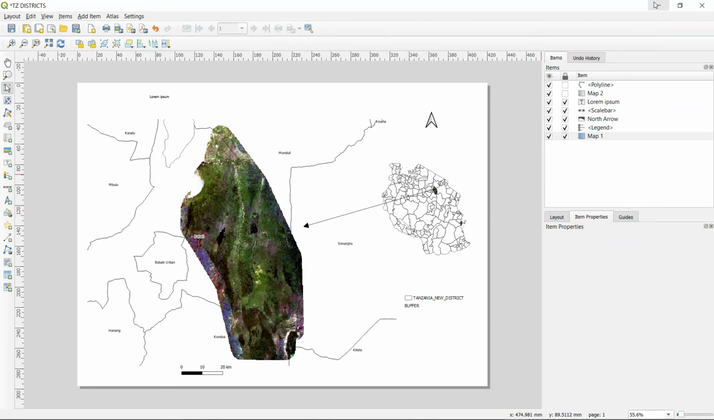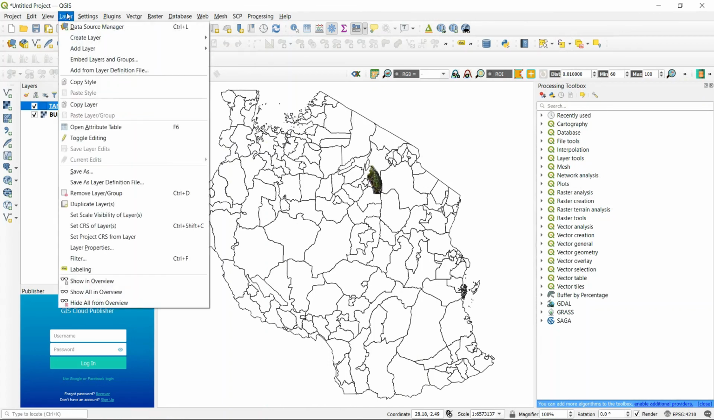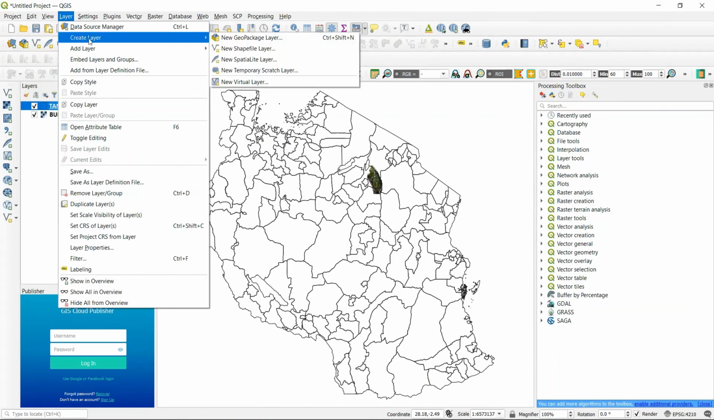For this part of the tutorial, I think we have covered most of what was intended. Other tools, we're going to see how to use them. For instance, the editing tools where you can edit your data. There are options to create, for instance, layers. You can create a new shapefile layer, you can create a package layer,